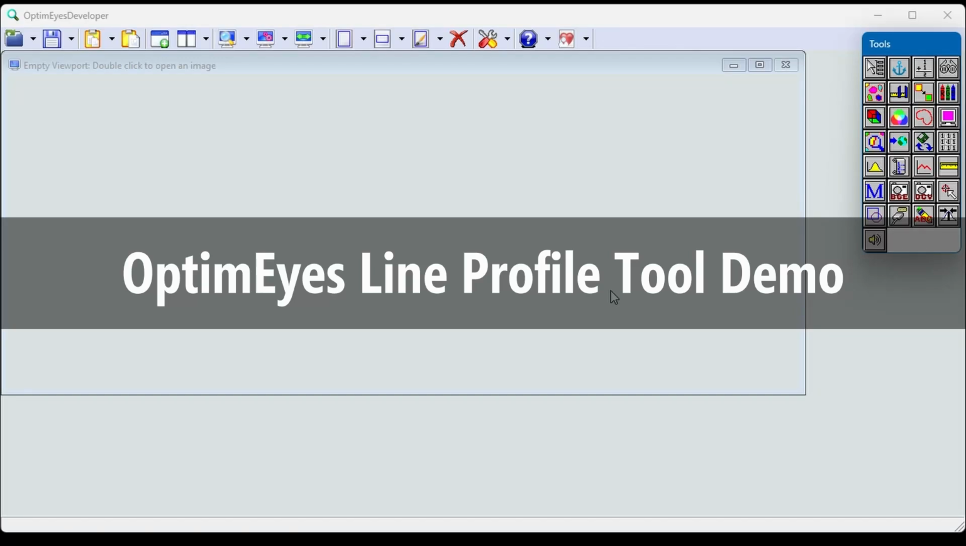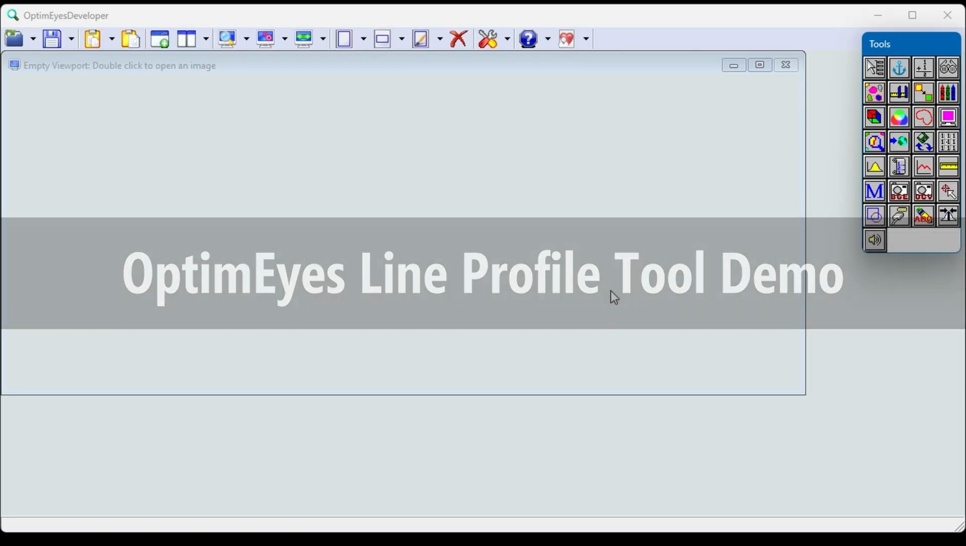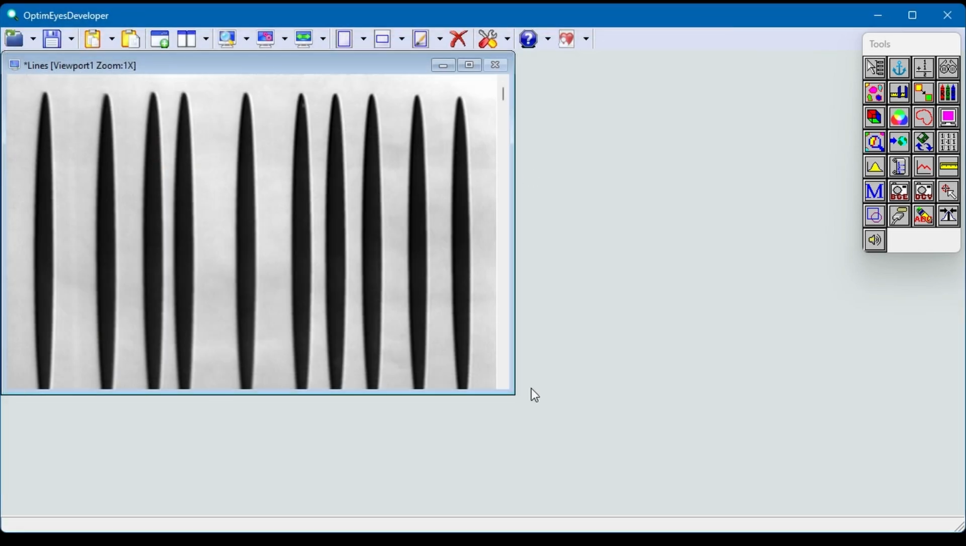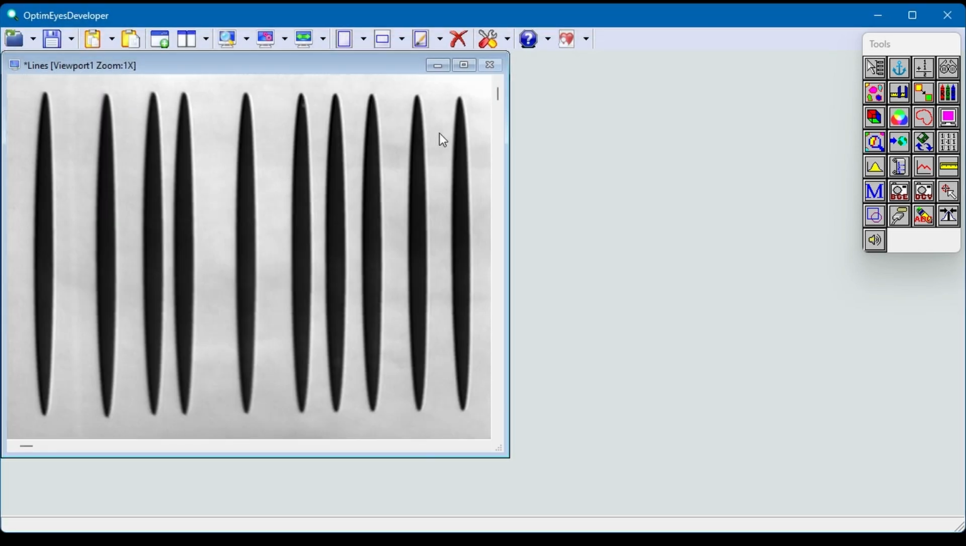This is a demonstration of the OptimEyes Line Profile Tool. The Line Profile Tool is used to analyze the pixel brightnesses of the pixels along a line drawn on an image. Let's open an image and draw two line ROIs on it. The first will be a freehand line,